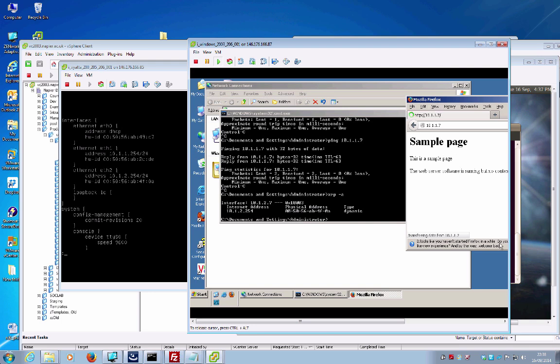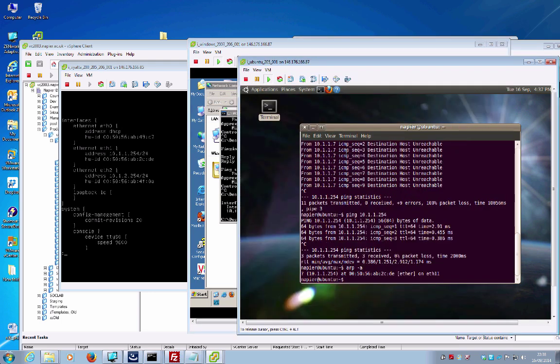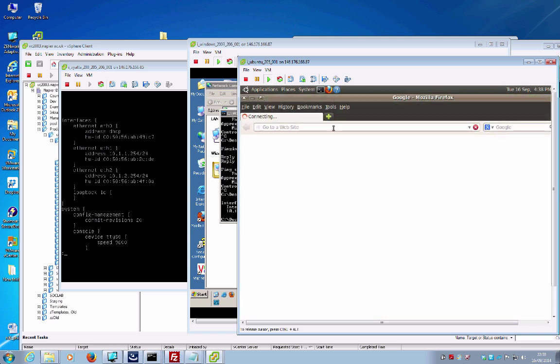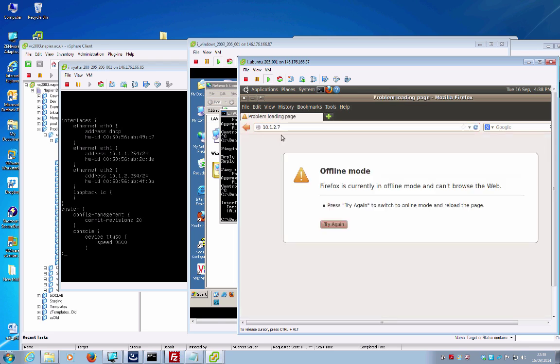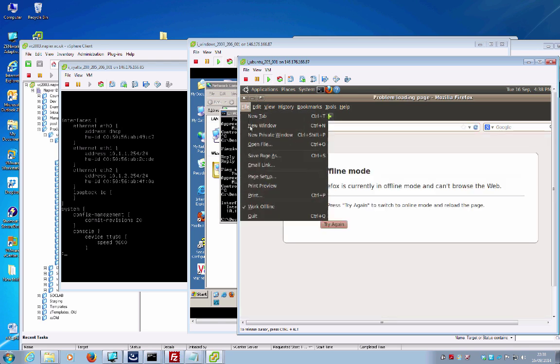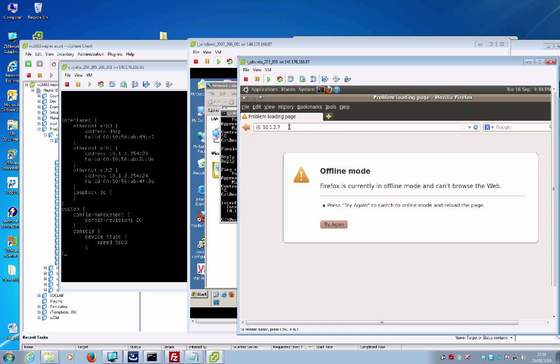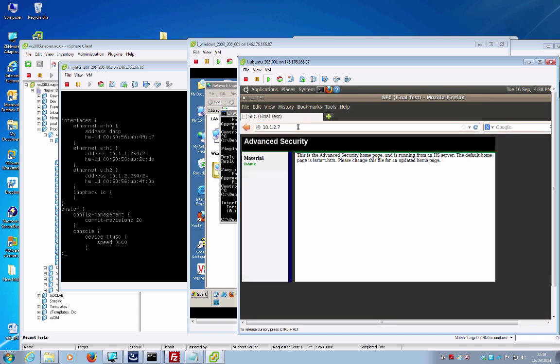Okay, so that connects to that one, and then over here we should be able to connect to 10.1.2.7. Just make sure that's online, and there it is. So we can see we've got connectivity between the two networks,